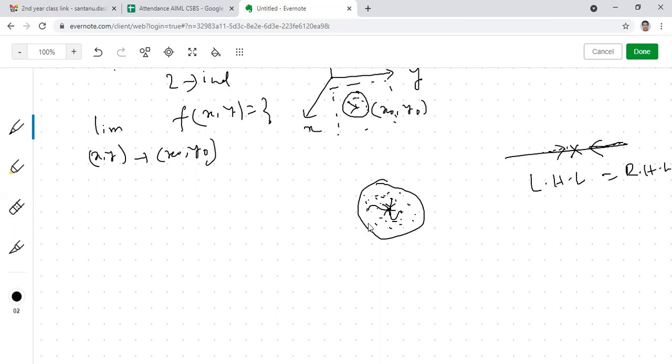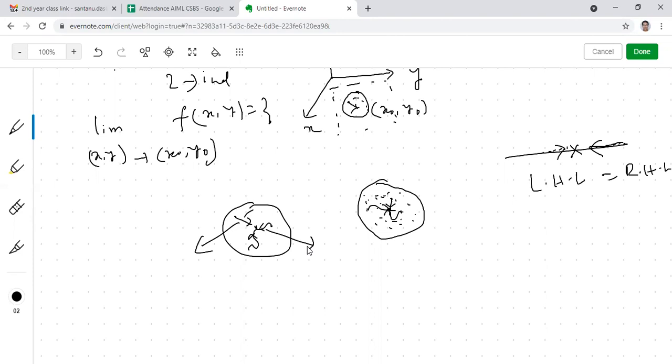Say, for example, there are an infinite number of paths. So I can't check the existence by checking the limiting value from these infinite directions. But I can actually disprove it. That means I can prove the non-existence. Say, for example, this is the point. From this point, I could approach through this path, this path, or this path. So to show that the limit doesn't exist, it is enough to show that the limiting value is not the same if I choose this path and this path. That means if I choose any two paths and show that the limiting values are different, then at once we can say that the limit doesn't exist. Is that clear or not?